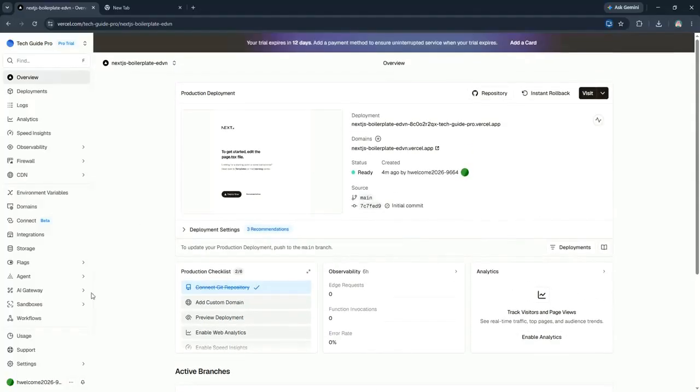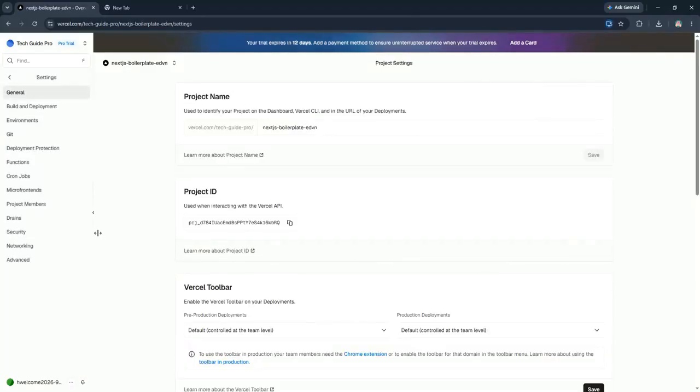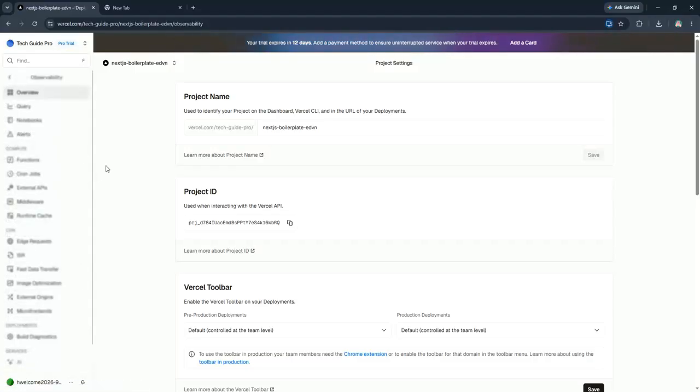Under Settings, find and select Edge Network or Edge Functions depending on what you want to configure. Here, you can define custom routing rules for your Edge functions. You need to specify the path and the function to be executed. For example, you can route specific endpoints to different functions based on your application logic. This is where you set up your global Edge network configuration, which optimizes how your application is served to users